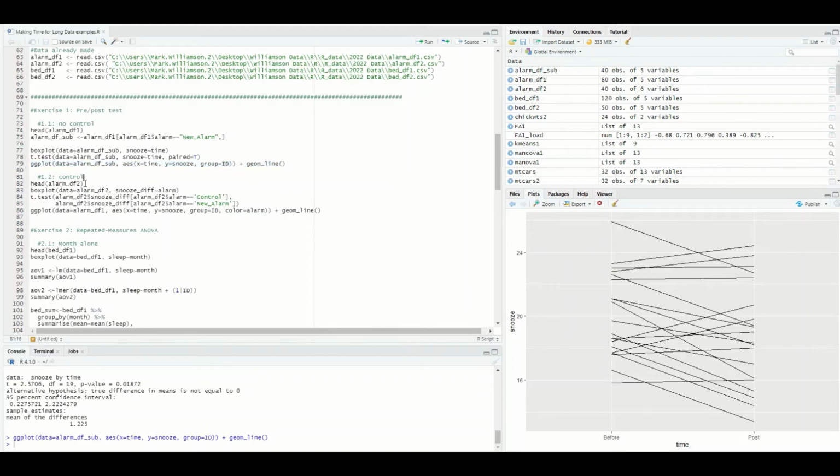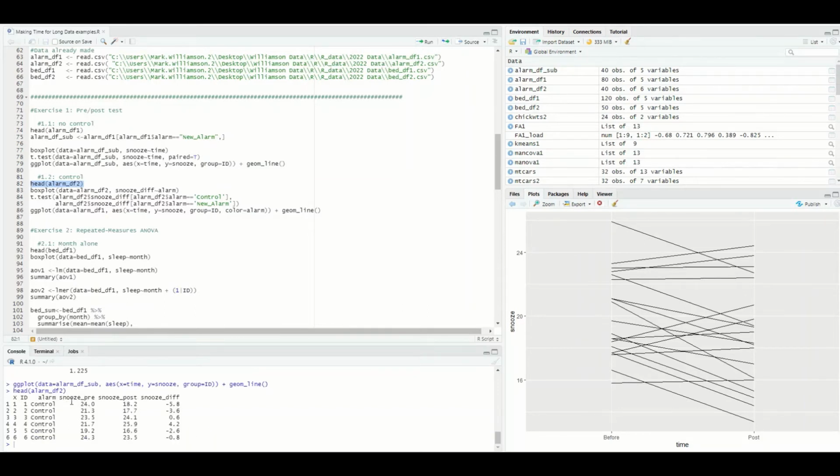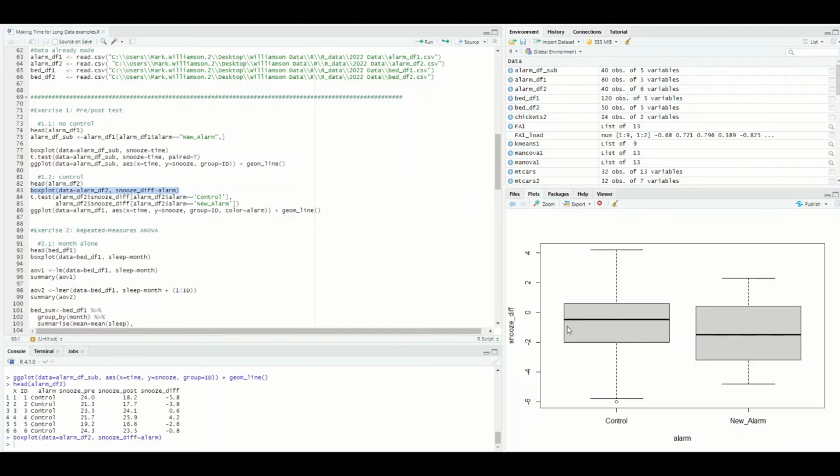So now if we want to add that control back in, we're going to use the same data but in a wide format. So we have alarm, so control and new alarm. Then we have these split out as pre-post snoozing, and then the difference, because we're actually going to look at this difference across treatment groups. So what I mean here for the box plot, we're going to look at the snooze difference